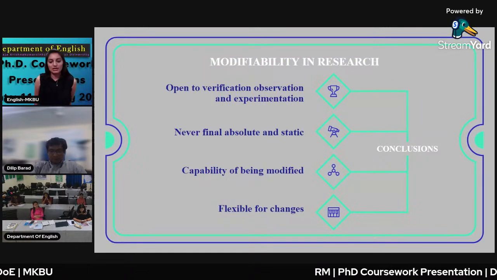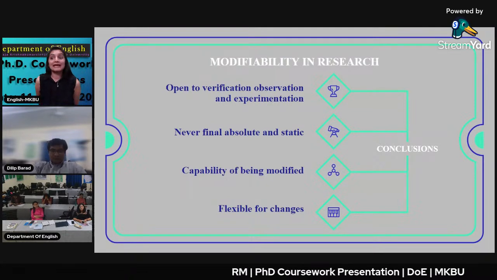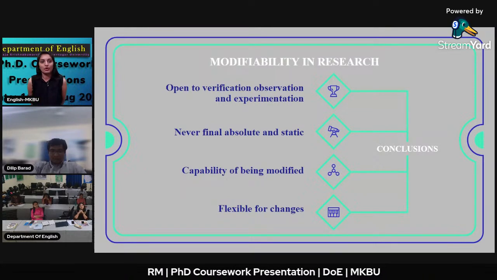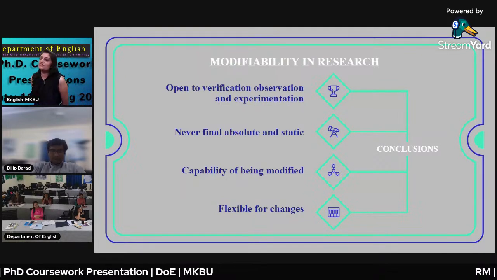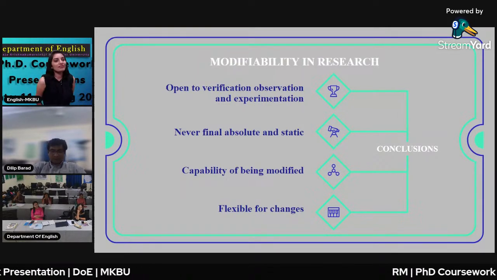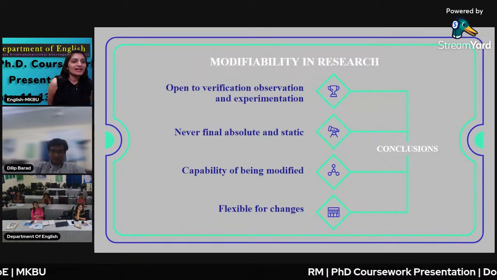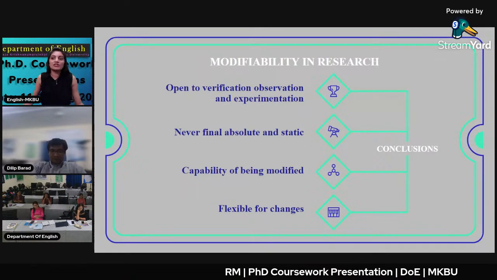in our research. Capability of being modified. It has the capability of modifying that we all have. Okay, our research can be modified. Flexible for change. People can change also. For example, if we take some theory, and now the condition of the theory is totally changed.